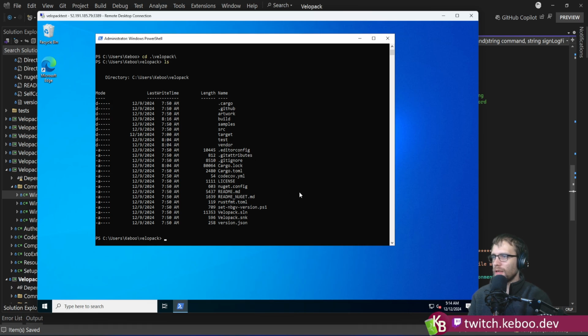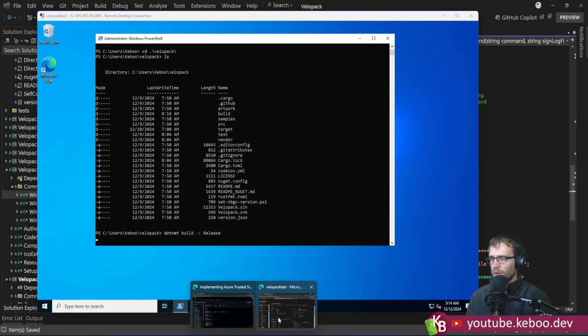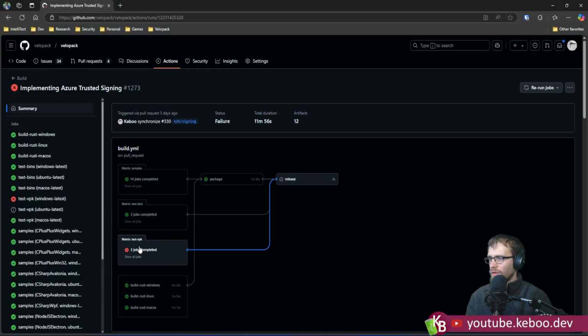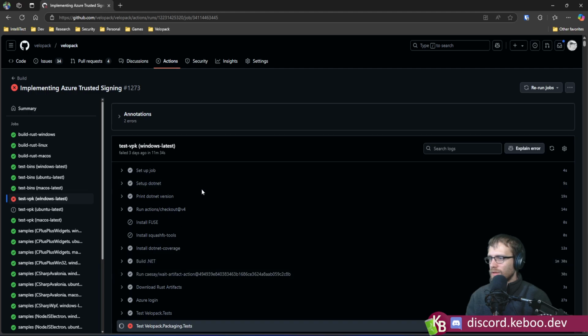But if I come in here and I do .NET build, and I'm going to compile in release mode, just to be clear that I am attempting to match what the pipeline is doing, in particular, because while we look, that guy's going here, right? If we check this,